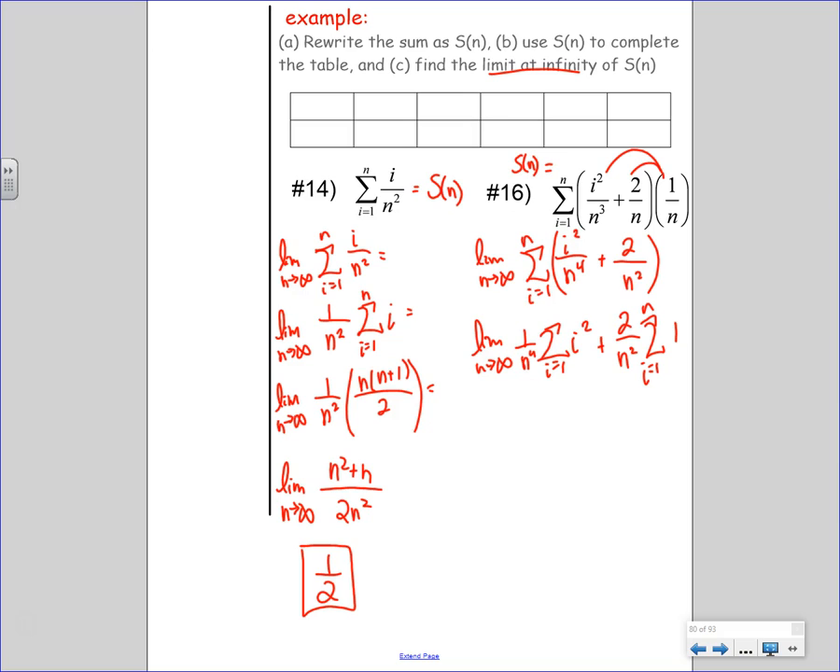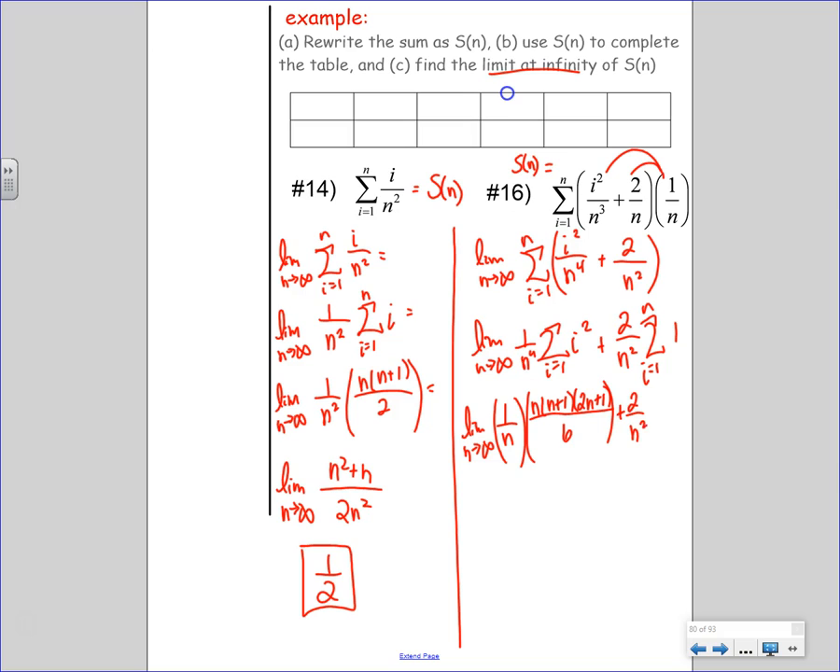There's a formula for this guy, for i squared. The limit as n goes to infinity. You guys can double check me, keep me honest. I think it's going to be n times n plus 1 times 2n plus 1 all over 6. Double check me. Okay. Plus 2 over n squared